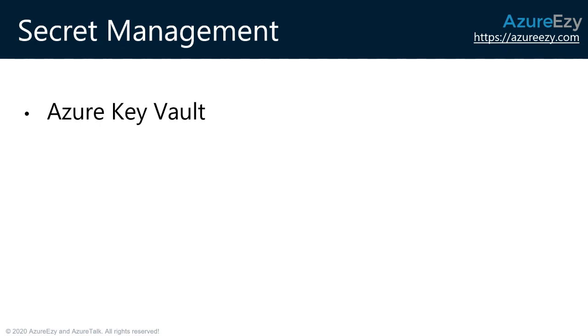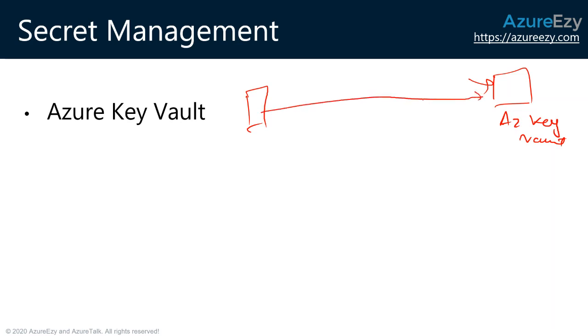It can be a DevOps pipeline. So when you build your artifact, when you're running your pipeline, you need some secret information that needs to be added into your application artifact, or that needs to be available during the testing or during the deployment. That thing you can access using Key Vault in a very secure way. So your secret will be stored here in an encrypted format in Azure Key Vault, and your pipeline is calling it and getting it back into the pipeline